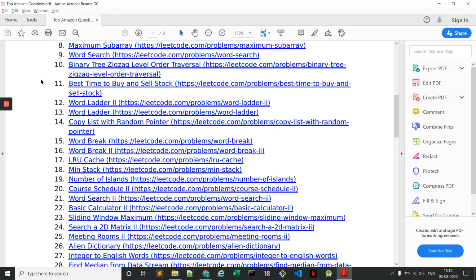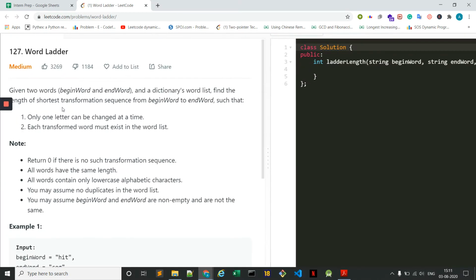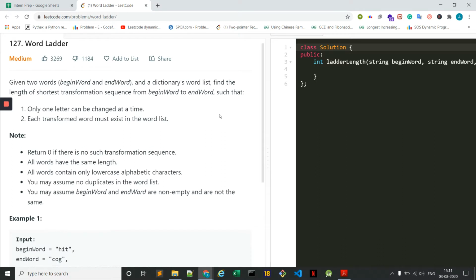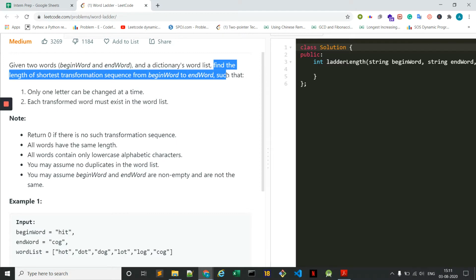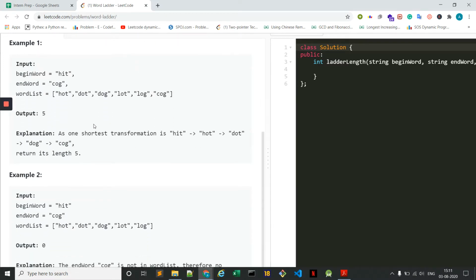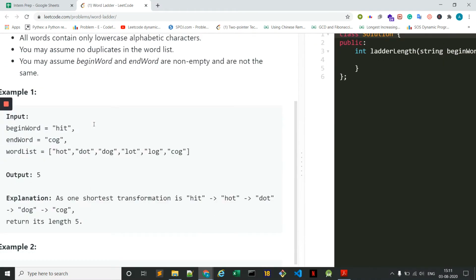Hi guys. So now let us start with the next problem in the series, which is the word ladder problem. It would be similar to word ladder 2, but let us hope that it is not that implementation heavy. So word ladder says, given two words, I think everything is okay. The only difference is that we need to find out the length of the shortest transformation sequence. So here we do not need to output the entire vector. We just need to output the length of the sequence.